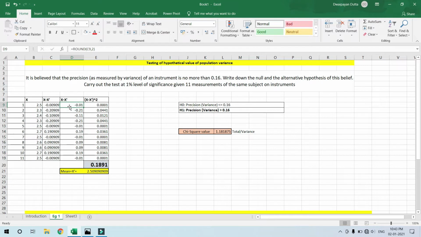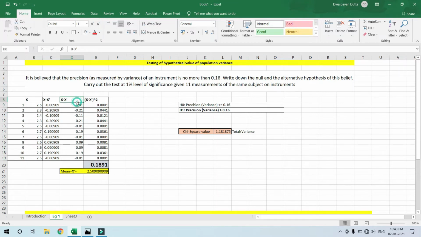Now, I have subtracted the mean from the observations, and I have got this value. As you can see in this formula also, the mean is subtracted from the observations. You can see that the formulas are varying as I go down; the cell numbers are varying, but the cell which contains the mean remains constant. Here I have rounded these values to 2 places of decimal, and I am getting these values.